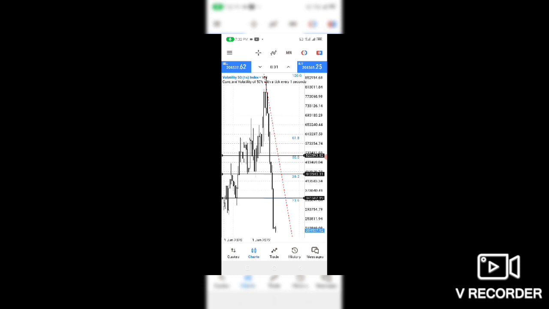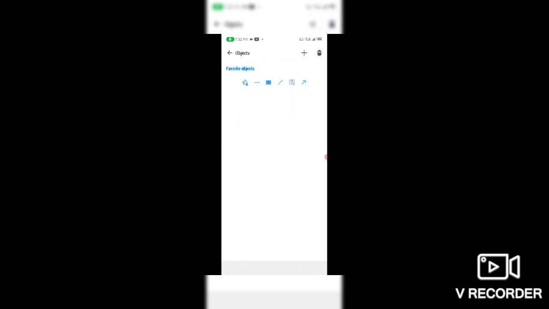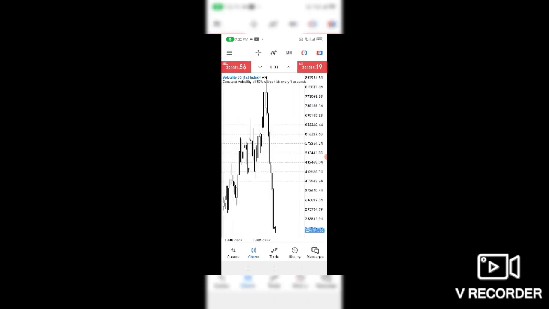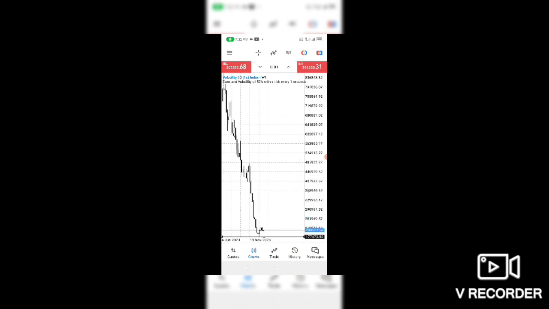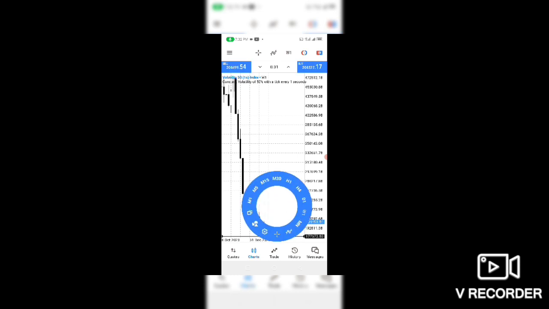Here the market is basically selling, and we are seeing some sort of retracement in the month because of this hammer created here. When we go to the weekly, we see that after it created a small buy event, a small retracement, it started going down again. Then we go to daily.